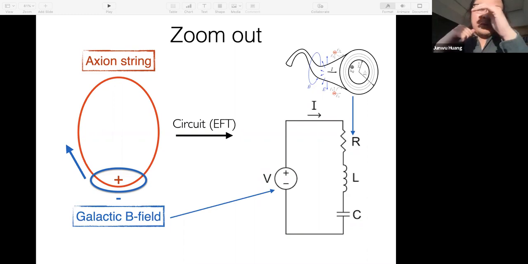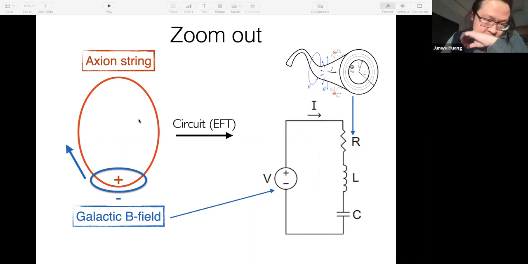So what you realize is that not only is the axion string not really carrying charge in the universe, it is not even very well superconducting, because the charge cloud outside has a resistance and it dissipates. And as a result,